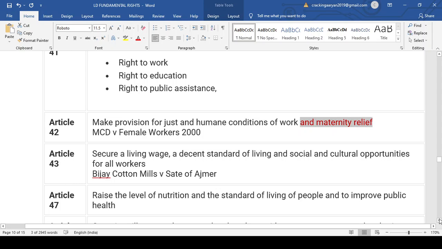It was held. Means in this case, what happened? The validity of the executive or the administrative action in denying maternity relief was to be administered in view of Article 42. So the Supreme Court told